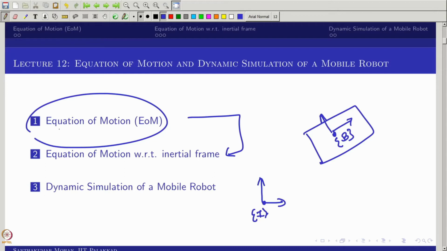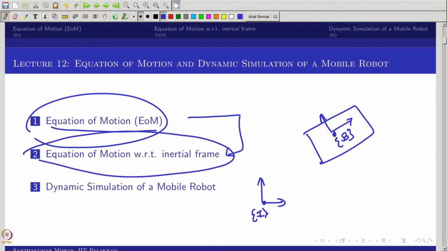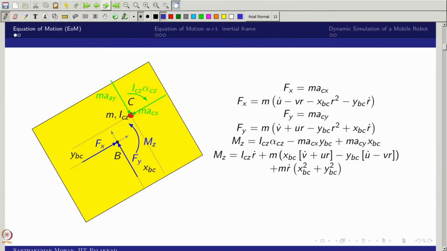First we will write the equation of motion in matrix and vector form, which we simply call state space form. Thereafter we will talk about the equation of motion with respect to the inertial frame. Once these things are done, we will move to the MATLAB environment and try to simulate both forward and inverse dynamics to an extent, and then we can close lecture 12. In lecture 13 we will talk more about wheeled configuration. Okay, so now we will begin.